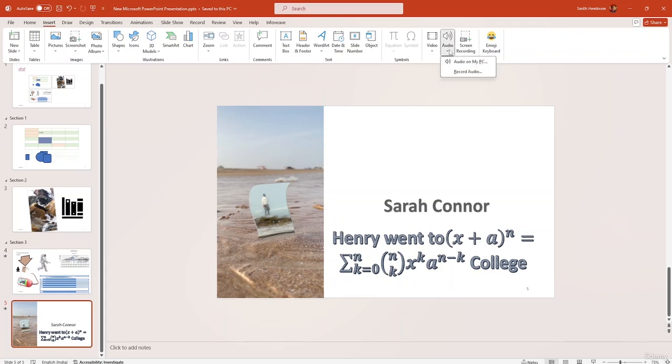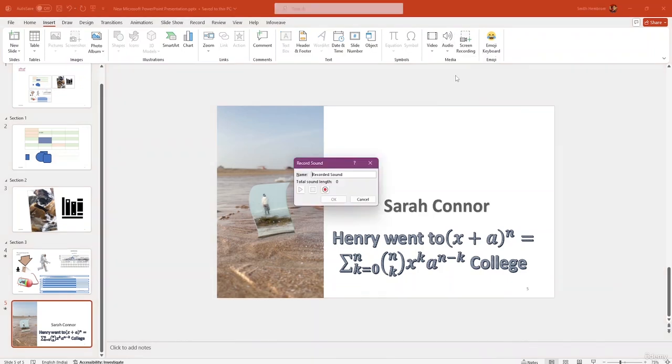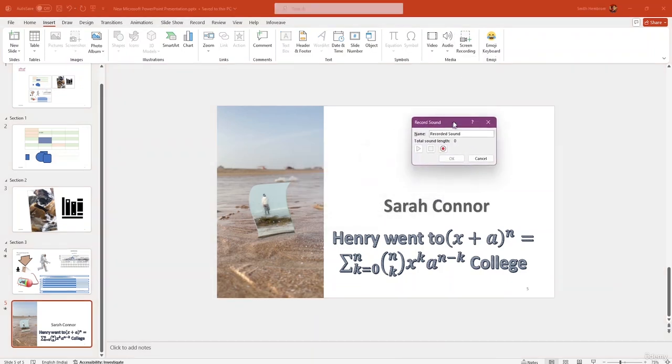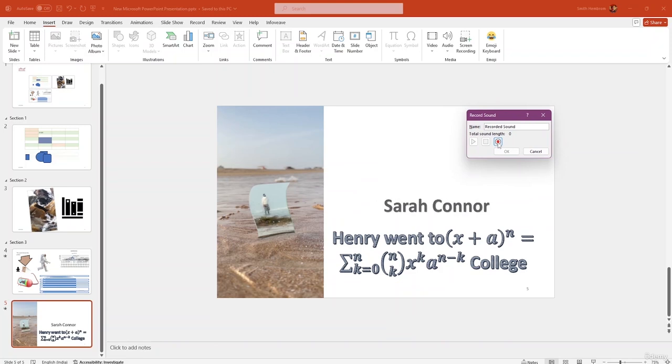Then we have this audio section. You can record your audio. You can see this type of dialog box will open up. You'll be able to record your